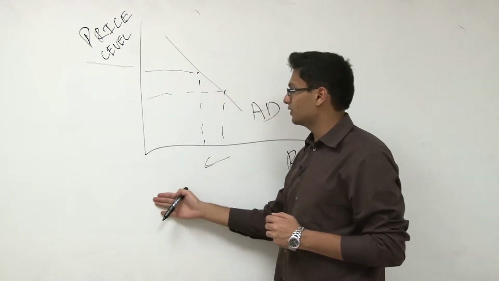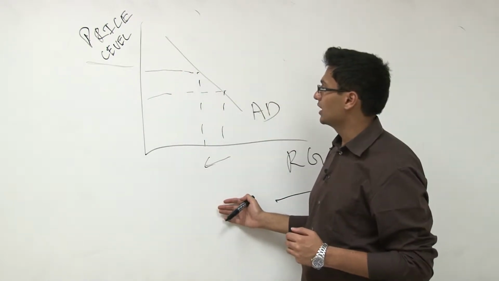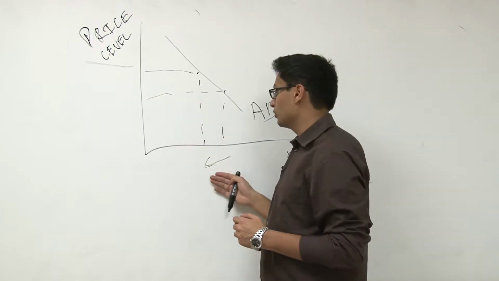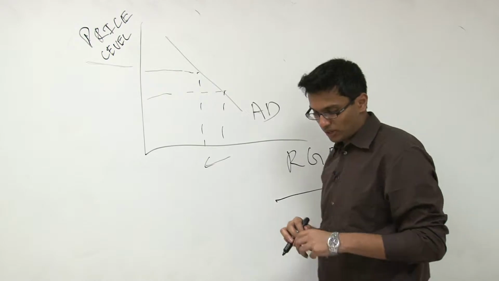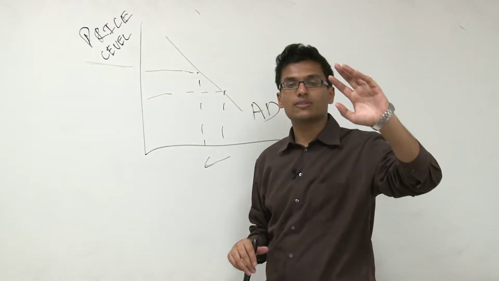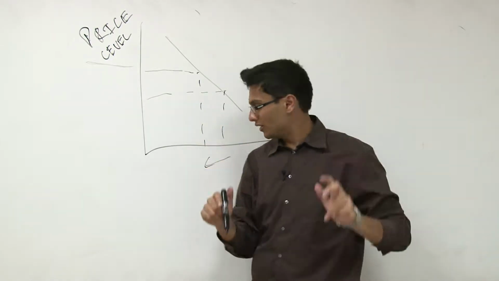But why do we shift? Why do we shift up, right? And why do we reduce our GDP rather than going the other way? And why is it not positively sloped? Because what happens is, as we increase our price levels, a unit of GDP